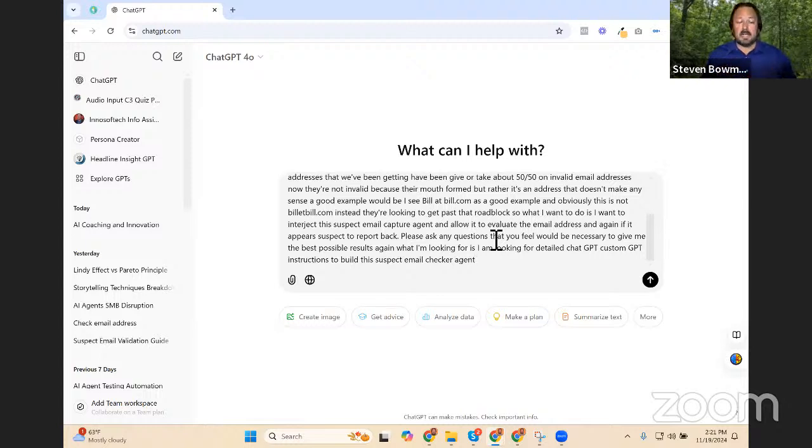So in my case, it's actually a specific use case in my business. It's something that we are currently doing manually, and it's resulting in negative consequences for my business and for my clients. I mean, when somebody comes into the funnel, in this case, it's an AI agent that's asking questions. When somebody gives us an address like bill@bill.com or steve@steve.com or a@b.com or anything that actually looks bad, I want to be able to use this tool and have the agent turn around and say to